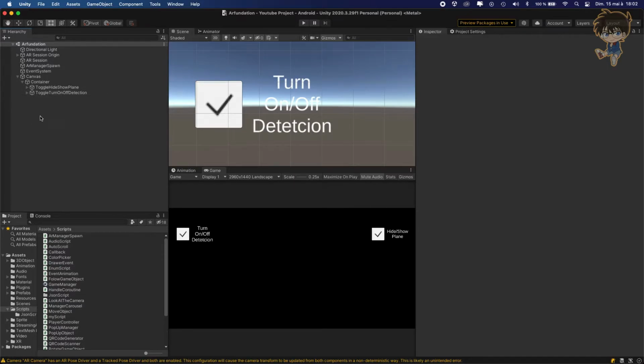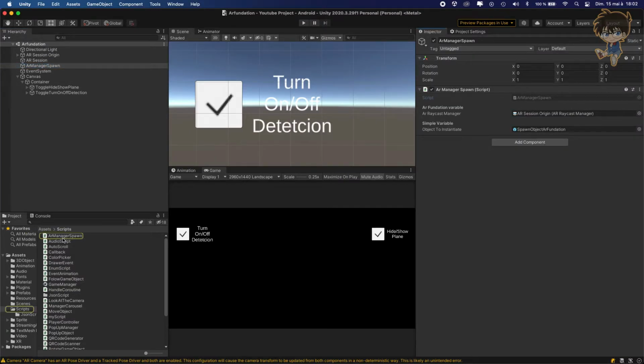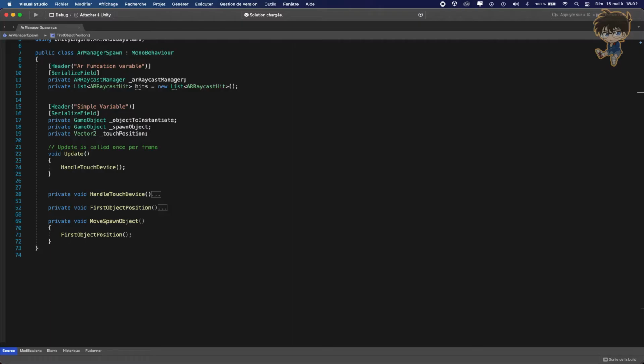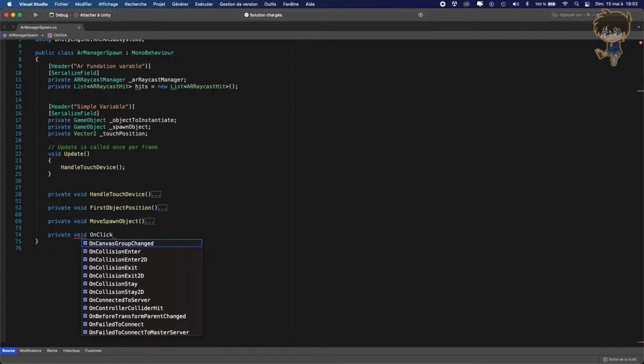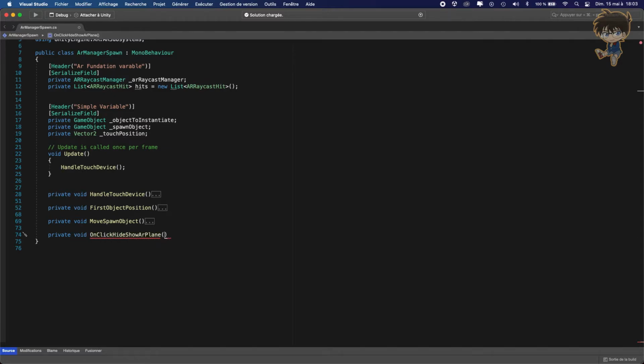We can save this, and let's open our ARManagerSpawn. So let's find the script and open it in Visual Studio. So as you can see, I opened it in Visual Studio. Remember, we made some functions. So what I'm gonna do here, I will create a private void OnClickHideShowARPlane like this, and make sure to add a parameter, a bool, isOn, because we are using a toggle like this,